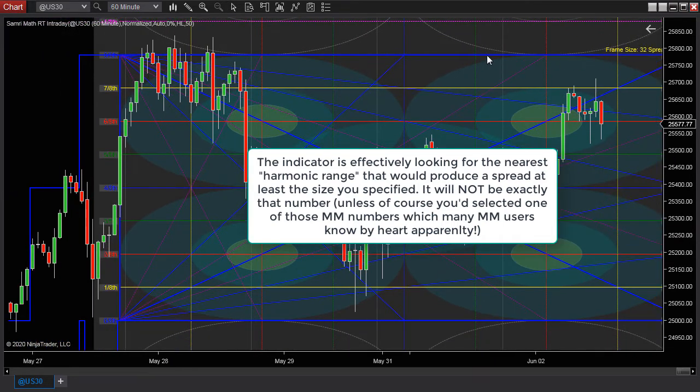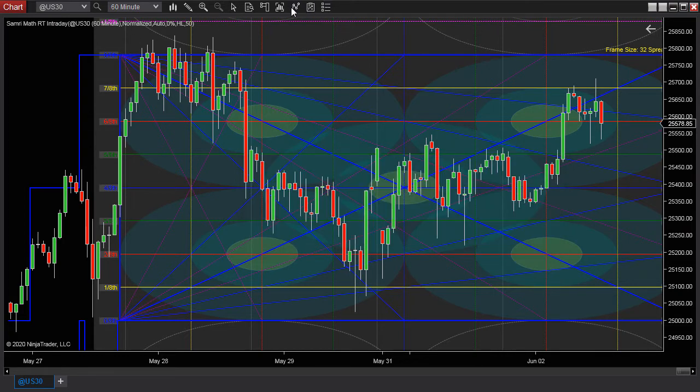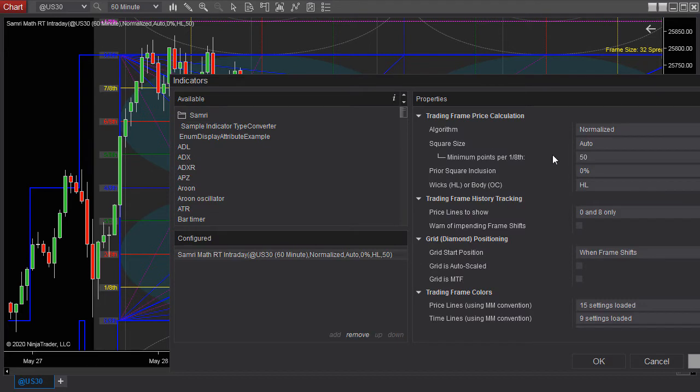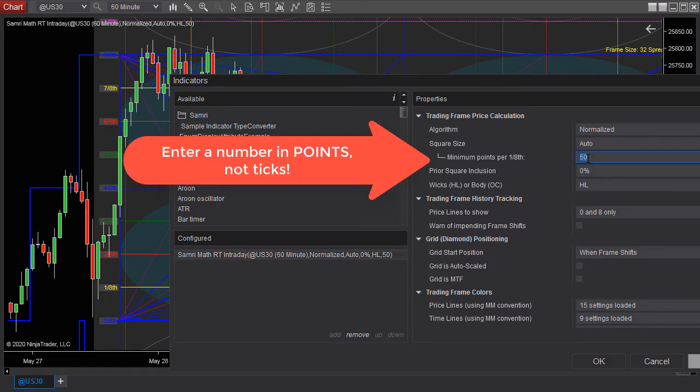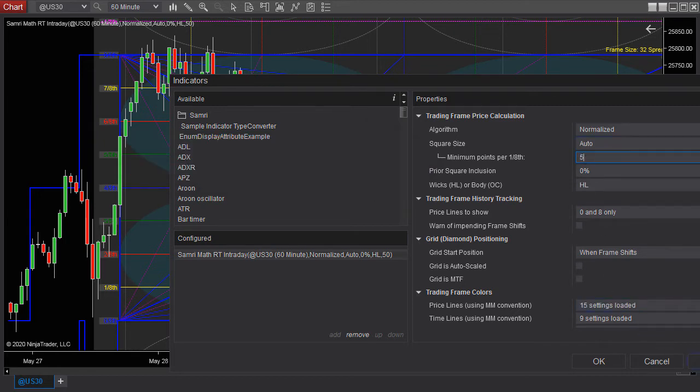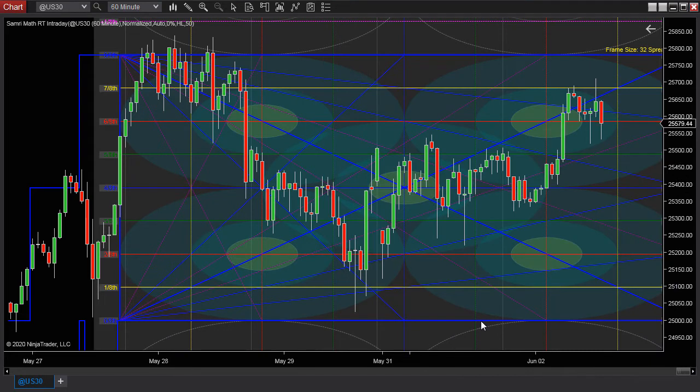So if you're trading the ES, the E-mini S&P, and you wanted a minimum of let's say 5 handles per line, that's where you would set it. This setting is in points. Remember, it's in points, not in ticks. It's in points. So if you were trading the ES, you would enter 5 points. Let's say you want 5 points per line, so that the entire range from 0 to 8 would be a